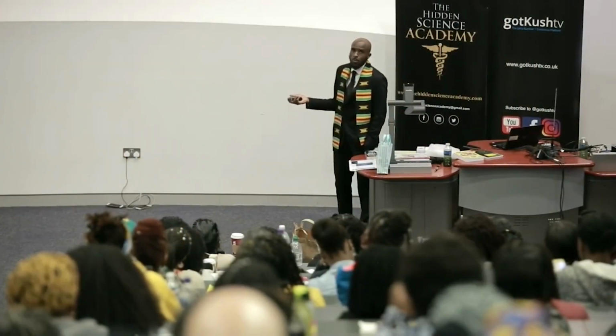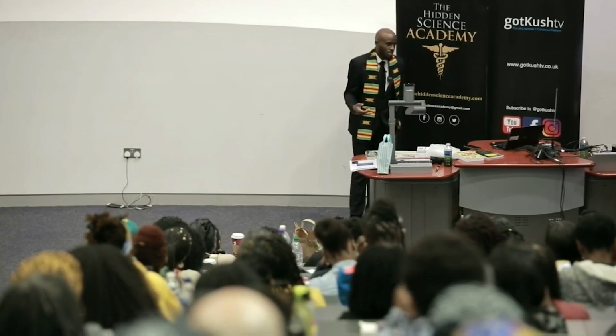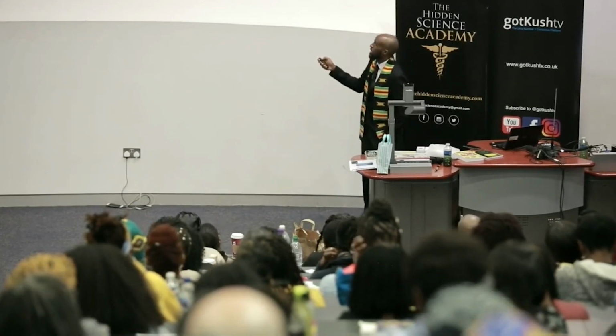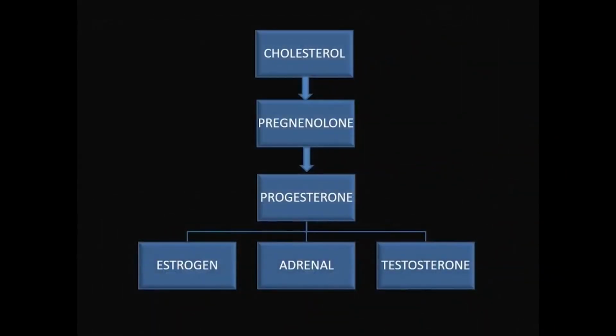Well, they say in the UK that black people have high cholesterol levels. So when we have high cholesterol levels and we go to the doctors, what do they say to us? Take a statin drug, yeah? Statin drugs are designed to block cholesterol. But if you take a medication that blocks this, what happens down here? Hormonal imbalance. So if you're on a statin drug, it might be blocking the high cholesterol, but you'll have a hormonal imbalance. There's no way you can't, because it's blocking the thing that these hormones need, yeah?